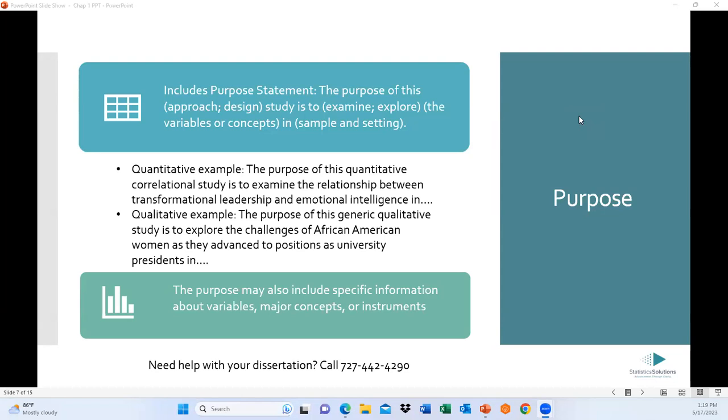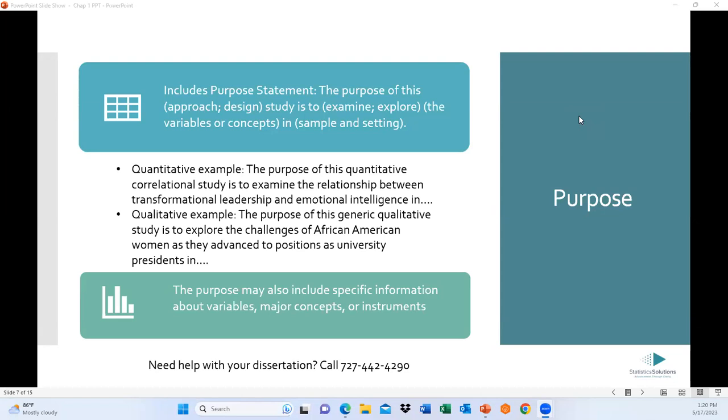And here's the thing with the purpose statement, right? The purpose statement is basically what you're doing in your study in a nutshell. So obviously there's a lot more to your study, but it gets everything that you're looking at, right? And because it is a representation of exactly what you're doing, when you mention your purpose statement anywhere in your document, it needs to stay the same. And this goes for your research questions too.